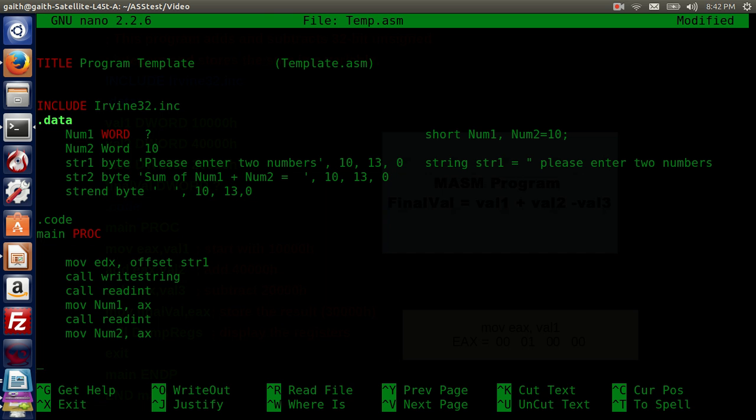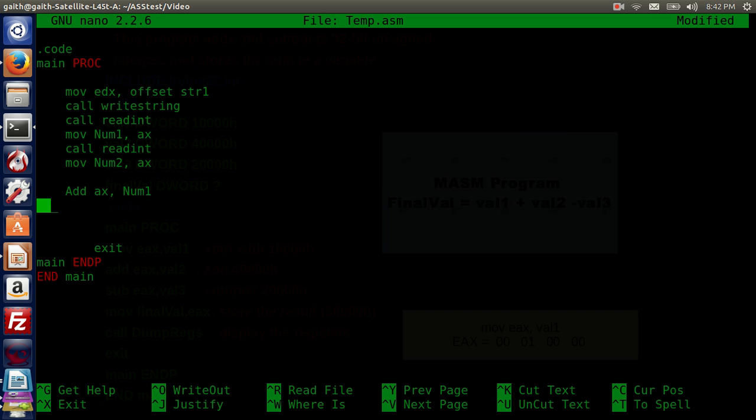Now I'm going to find the sum of those two numbers. So what I'll do is add ax, which I have in it, add the last one I had in it, which is num2 plus num1. And then if I had declared sum up there, I can move ax to sum, but here all I need to do is what,